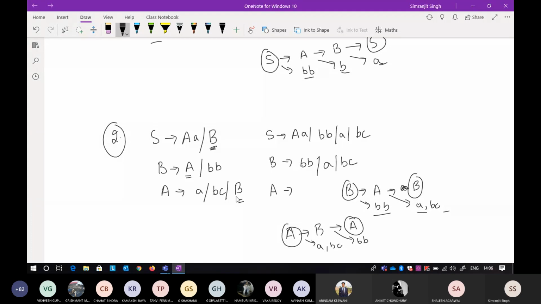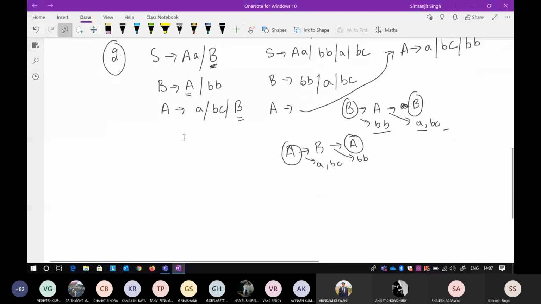So you want to get rid of this B. We have already done the B here. So if I just write it here, A tends to A, then BC, and ABC is already included. You have to include a BB here. Okay, so that will be your answer. So this is your correct answer. I think you understand this one. This is a fairly simple one, but if you want more practice, the practice will always be included in the tutorial. So don't worry about that part.